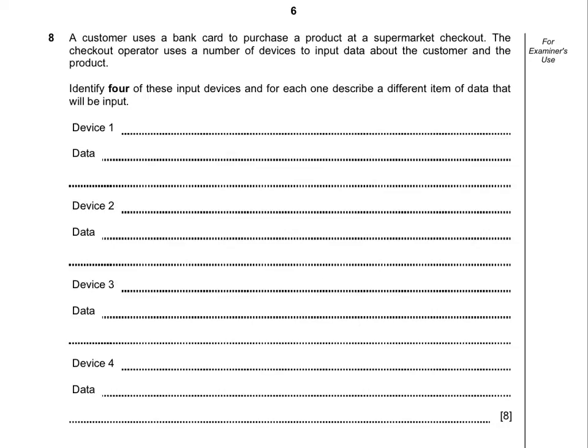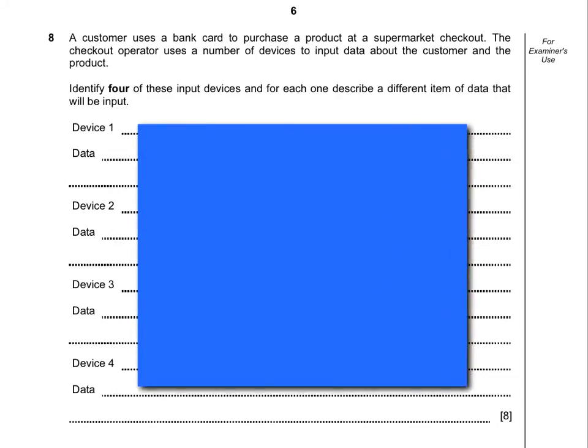This question is in the middle of the paper. A customer uses a bank card to purchase a product at a supermarket checkout. The checkout operator uses a number of devices to input data about the customer and their product. Identify these input devices, and for each one describe a different item of data that will be inputted. So you've got quite a lot of marks here. You've got 8 marks. What they want you to do is identify the device first, and what type of data that device will input. If I just make a box first of all,